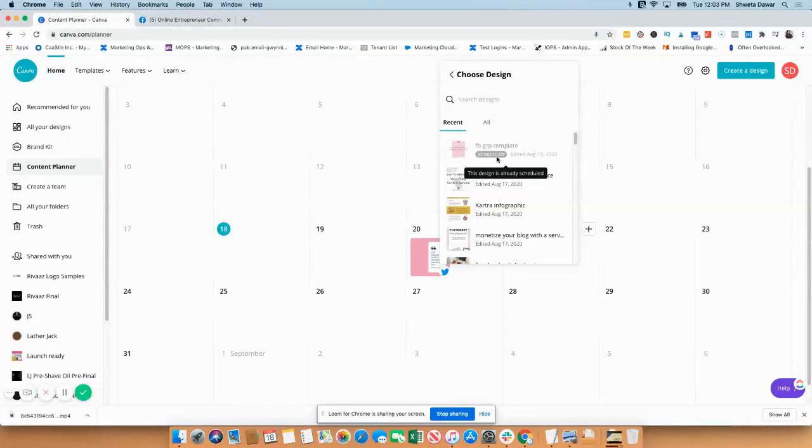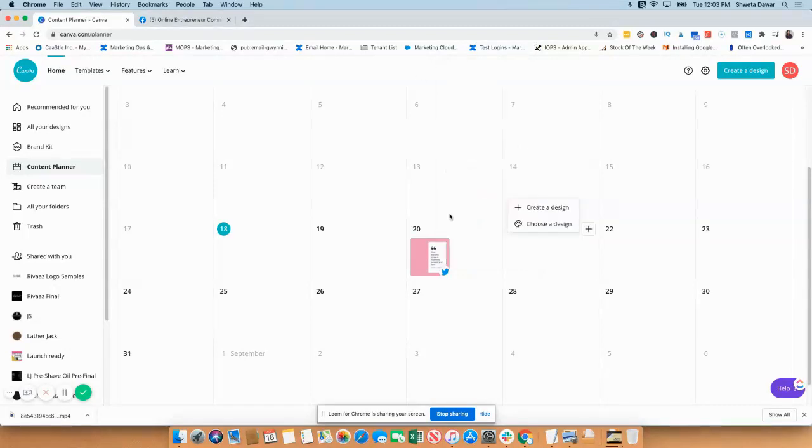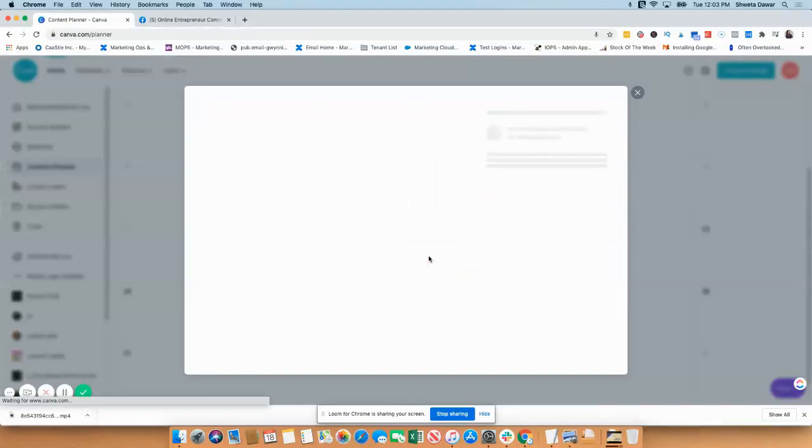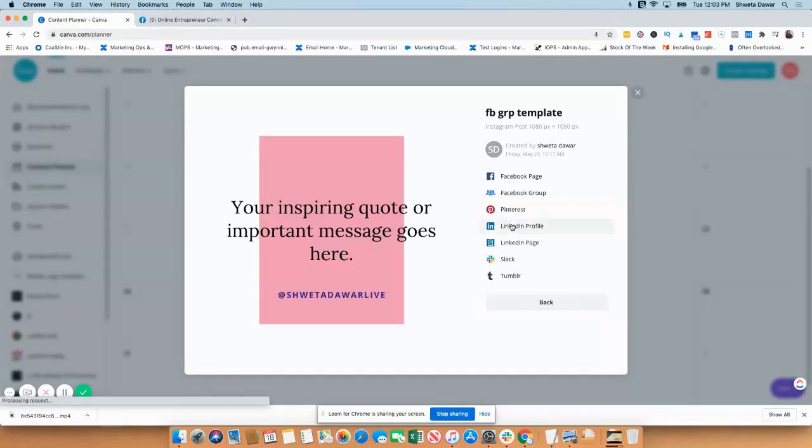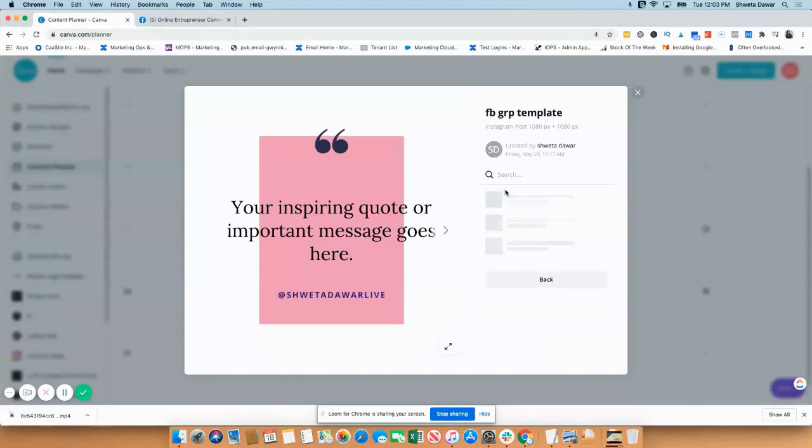So yeah, I can't go back here and schedule another image from this template for Facebook, which is kind of weird. But let's try to go back here, click in here, and try to schedule something for Facebook. So if I want to go to my Facebook group,